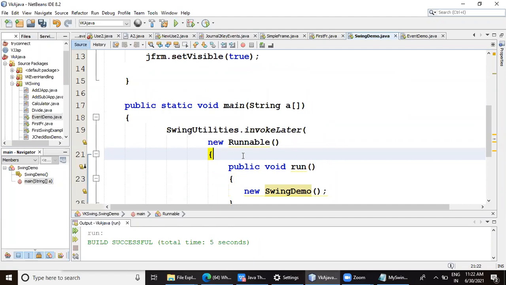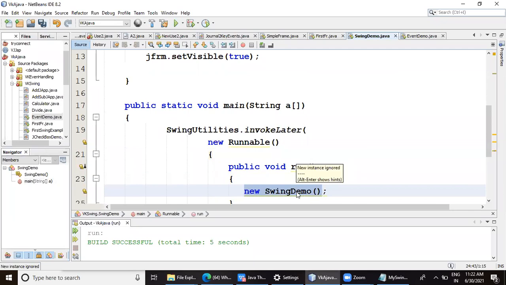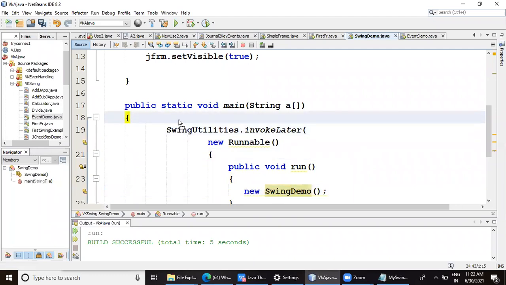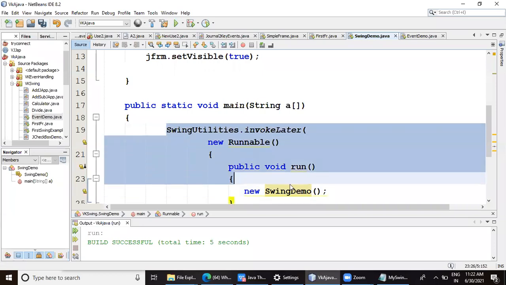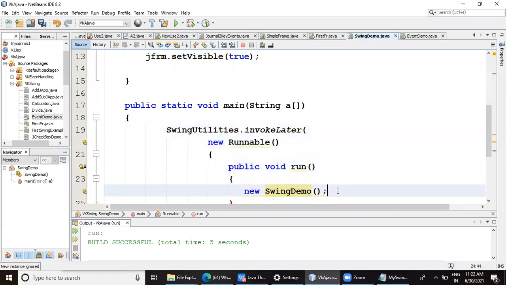Okay, before that, when we call this constructor here, we don't want to call it simply. We could have called it simply also. We can just paste it here by deleting all other lines. But why have we kept all these other lines? The reason is these Swing programs should be run on a safe thread, instead of disturbing the main thread, which starts by default when we start executing any program. We create a specialized thread,